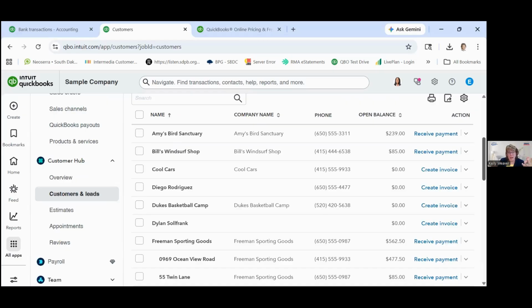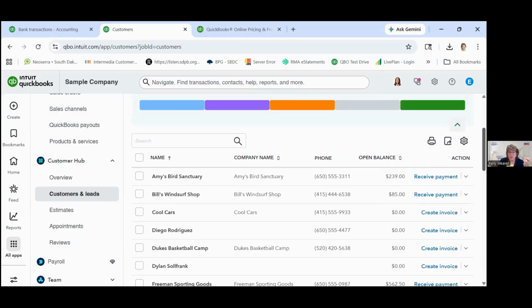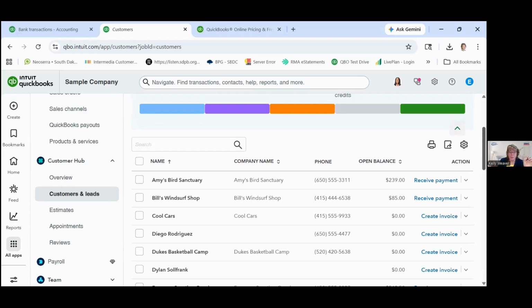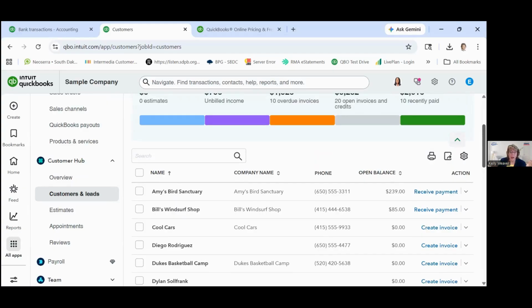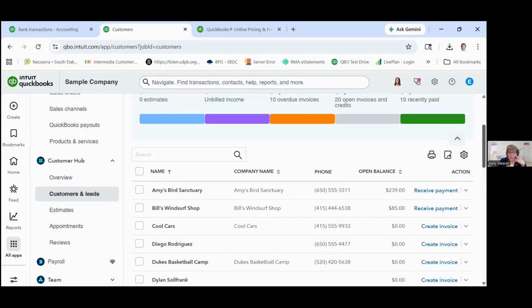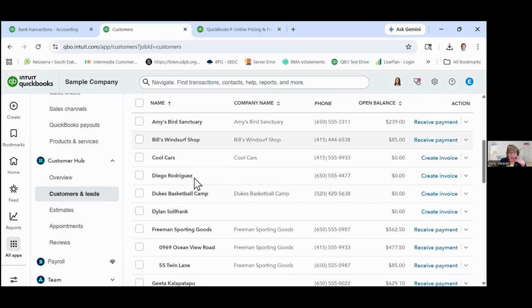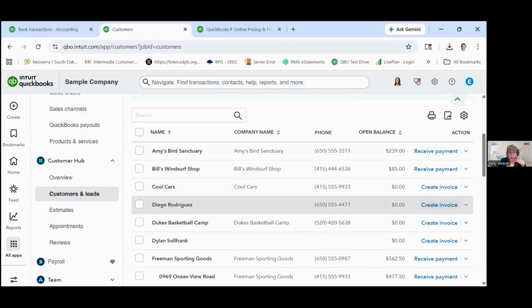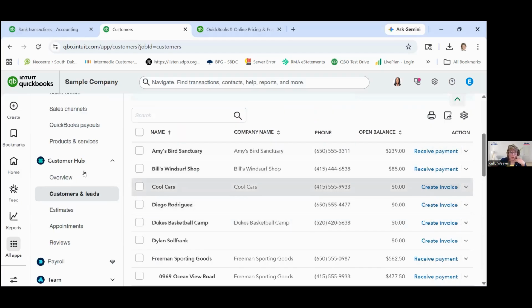Whenever you create an invoice, you have the opportunity to create a new customer, and you can create it simply by entering the very bare minimum information like their name, but you can also add into their customer record all the other details you'd want to capture, like their address and their phone number and their email address and things of that nature. So this shows all of our customers alphabetically. And from here, you could actually create an invoice right for that customer from the customer window. You wouldn't have to go to the invoices section where we just were.